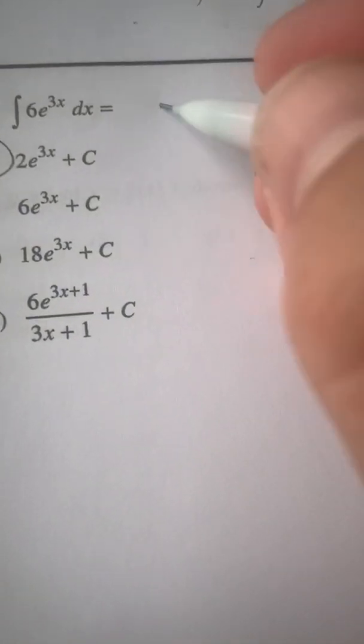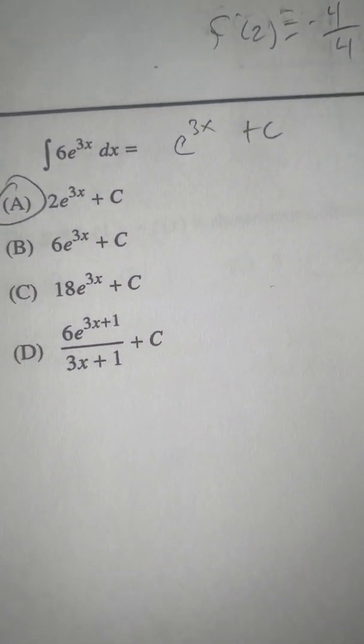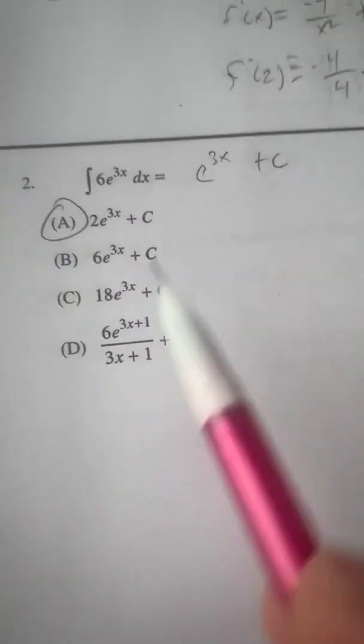Here, I know that I need an e to the 3x. If I take the derivative of e to the 3x, I get 3 e to the 3x. I'd like that 3 to become a 6, so I need this 2 in front. So we'll go with